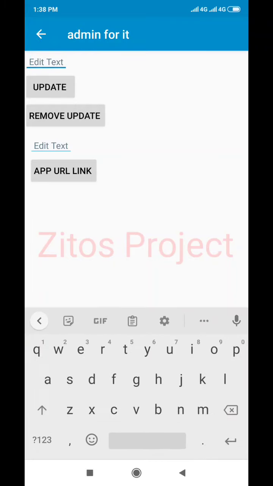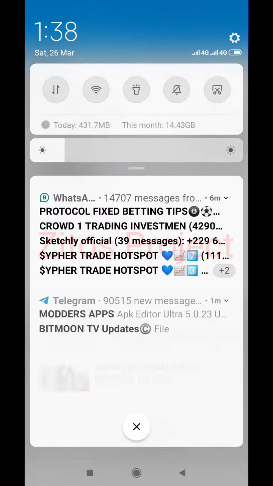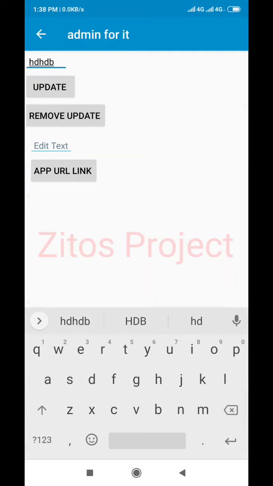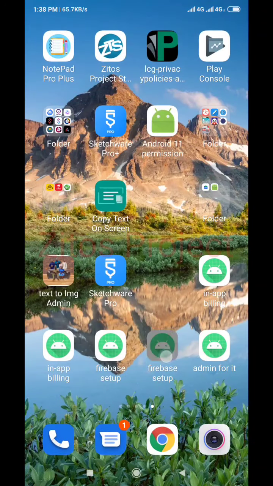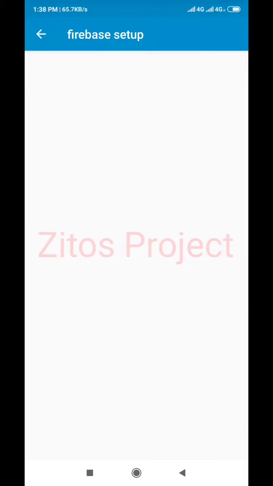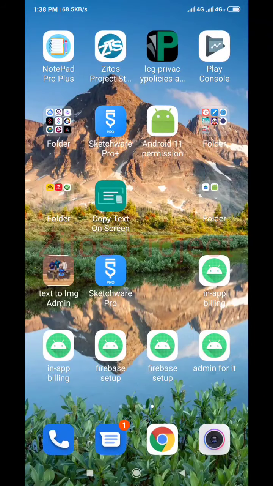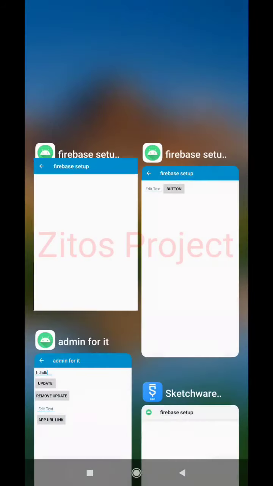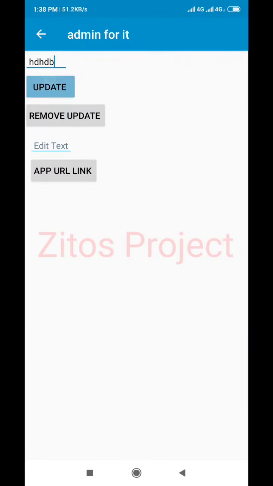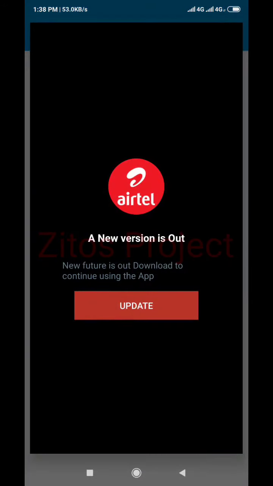I'll send an update to the app, right? Let me write anything of my choice, then I click on update. I'll switch on my data, so I'll click on update. Once I click on update, I'll open my user app. I open my user app, click on update again, and open my user app. As you can see here,